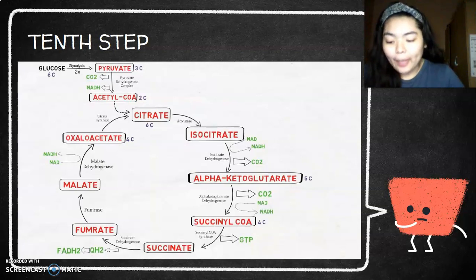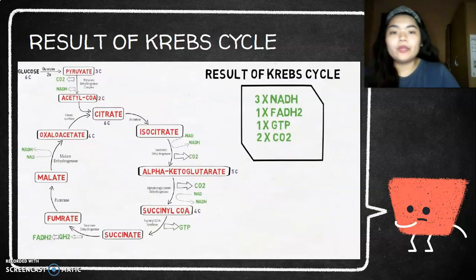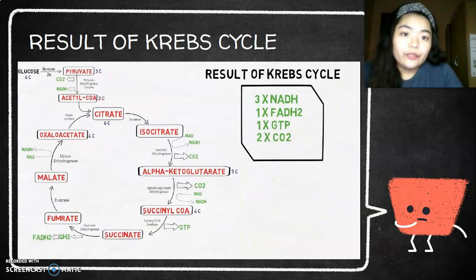In the last step, the malate is converted into oxaloacetate by the enzyme malate dehydrogenase, and in this reaction, also NAD is reduced to NADH. Let's look at the result of the Krebs cycle. Through each cycle, the following products are generated: 3 molecules of NADH, 1 molecule of FADH2, 1 molecule of GTP, and 2 molecules of